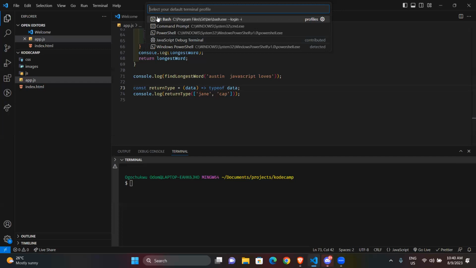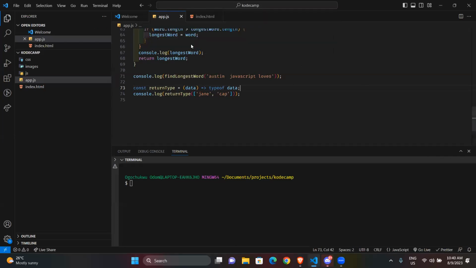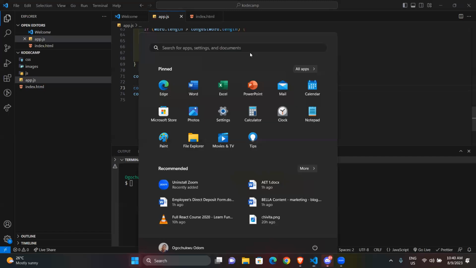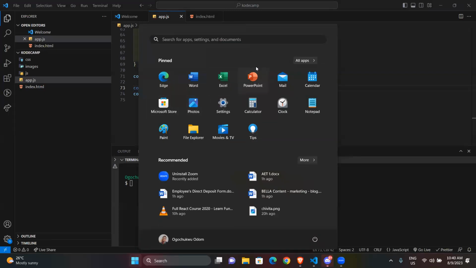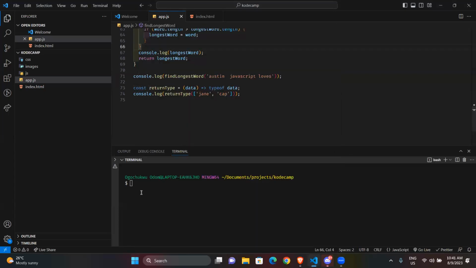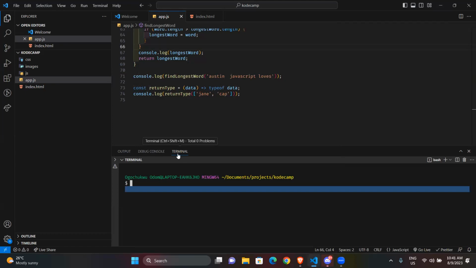So you select git bash, and then it gives you this interface here. I'll just use this. This is a terminal, though you can also have an external terminal.